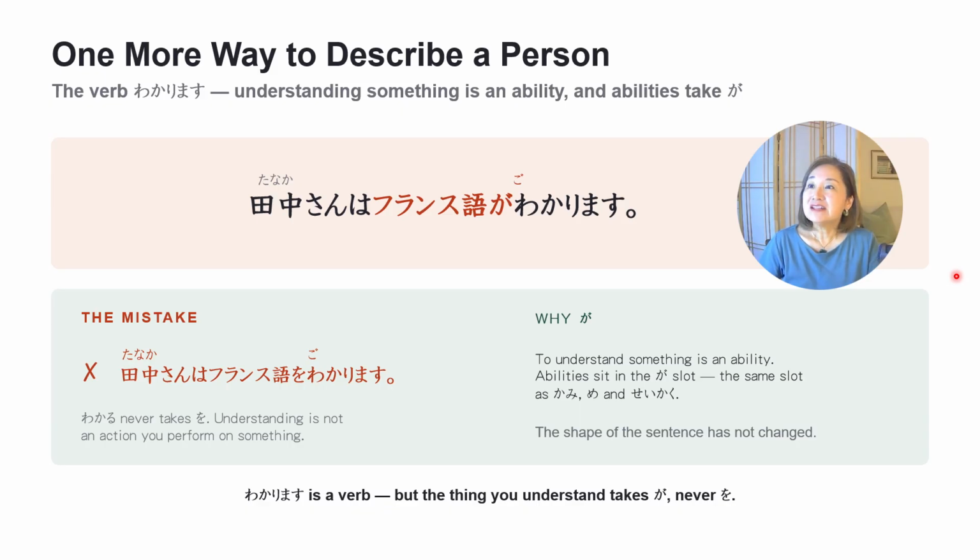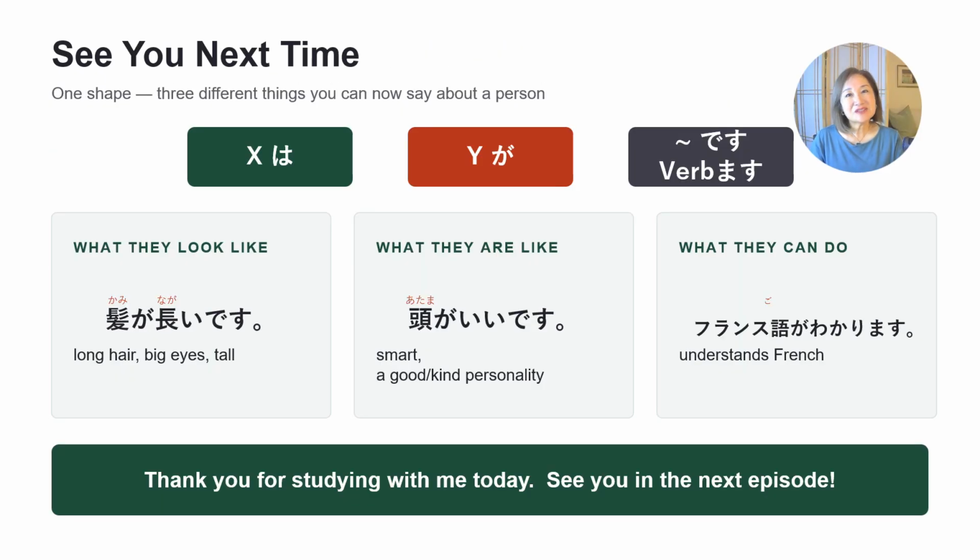So now, the important thing to remember is simple. わかります takes が, not を. So how do you say I understand Japanese? そうです。皆さんは日本語がわかります。